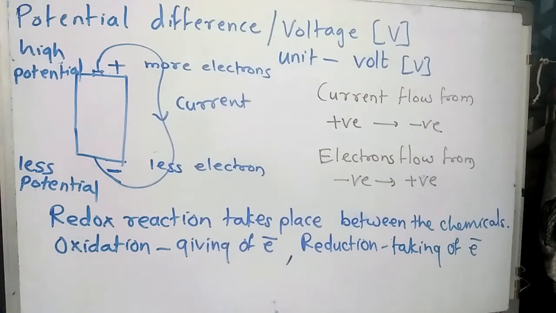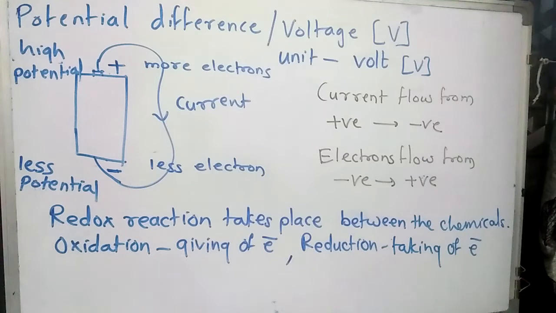Now see, what actually are potential and potential difference? Suppose we have two beakers filled with water. One beaker is kept at a higher level compared to the other, so they are not at equal level. What will happen? Water will flow from the beaker kept at some height, from high level to low level. Similarly, current also flows from high potential to lower potential. Now see what happens inside the cell so that current is produced.